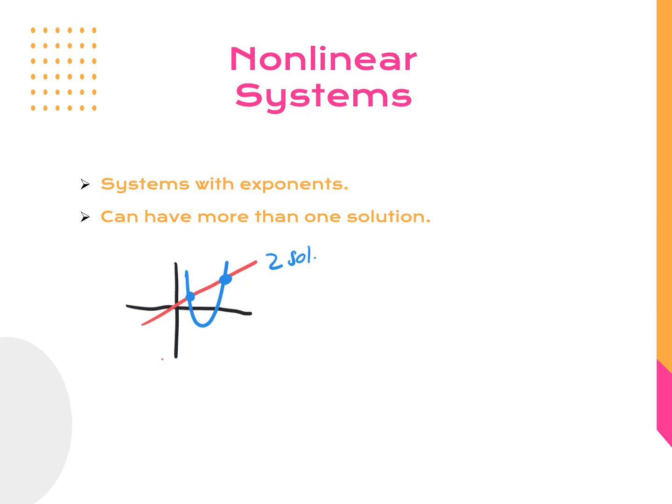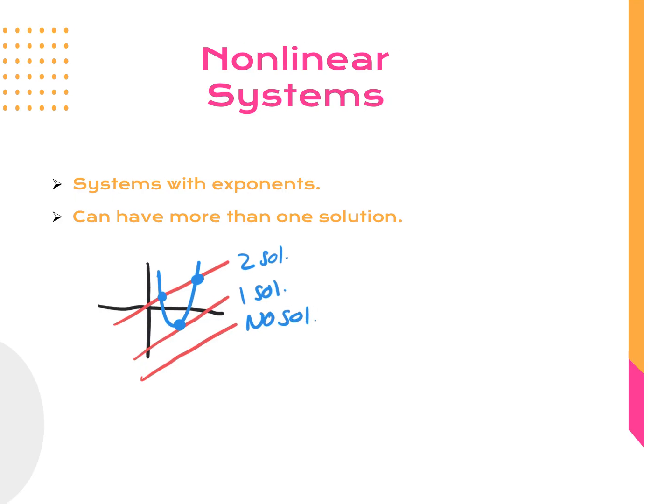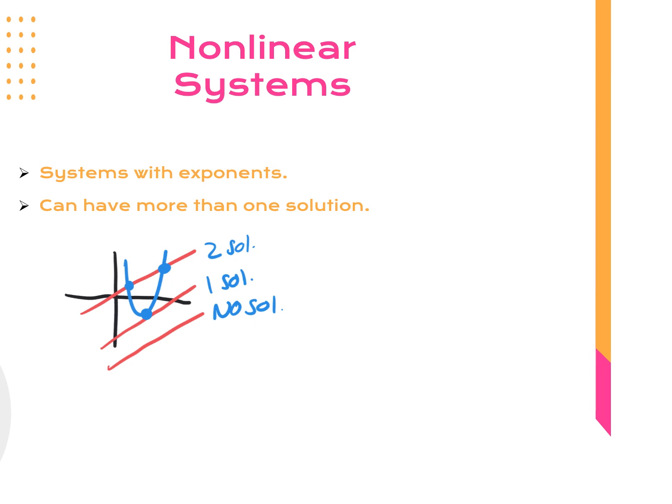Sometimes maybe you have one solution and it's just barely scraping 1 point on your parabola, right? This is just one solution. Sometimes you get no solution. Sometimes you have a line that is nowhere near your parabola, right? So a no solution case. All right, so this is just one example of a nonlinear system. You might have, I don't know, another kind of